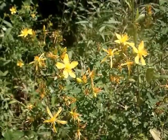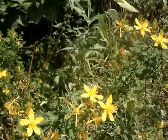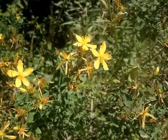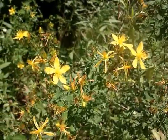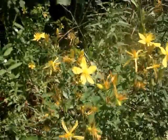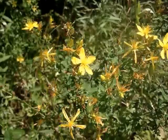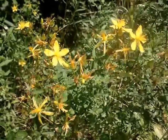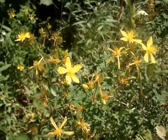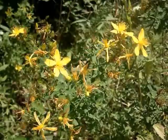Hi, so I'm sitting here in front of one of my most favorite herbs, and this herb is St. John's wort. The botanical name is Hypericum perforatum, and the family that it grows in is Hypericaceae, the St. John's wort family. And one of the characteristics in this family that probably a lot of us know about is it acts on